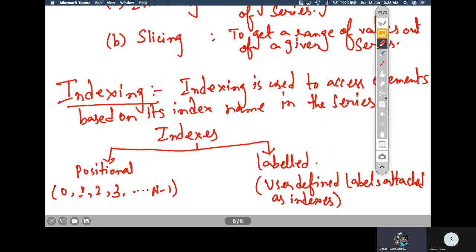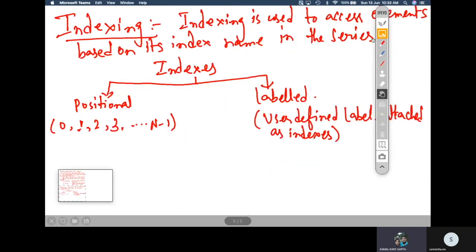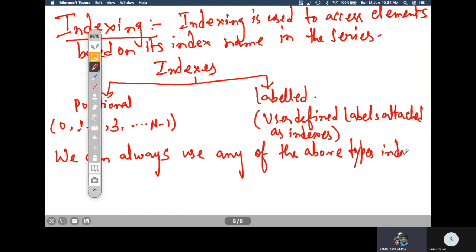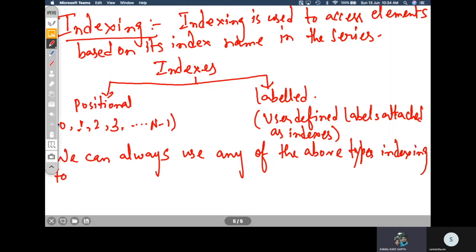So these are the two things that one has to remember while using the indexing technique. Now we can always use any of the above types of indexing to access series elements.